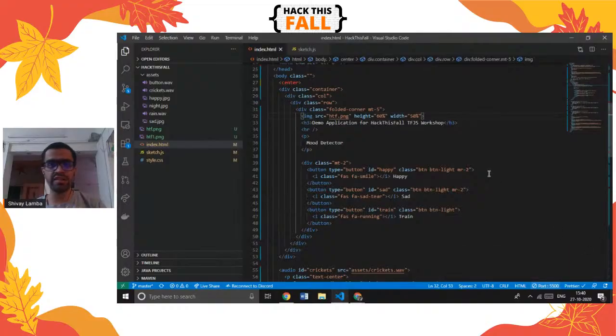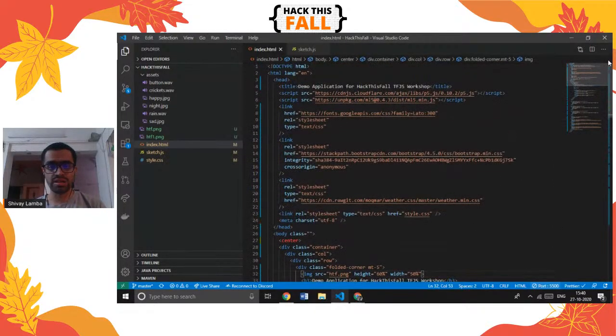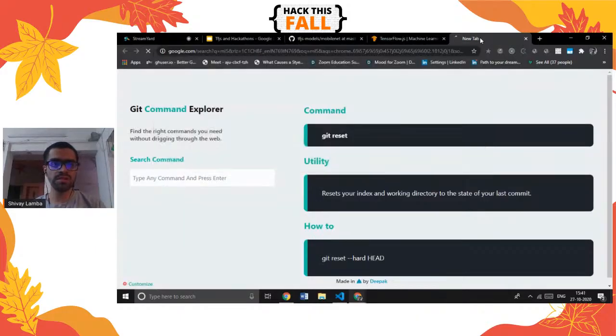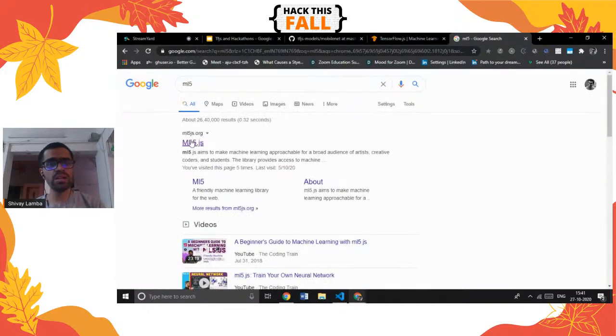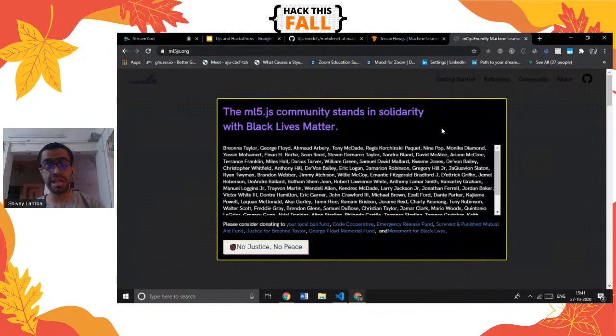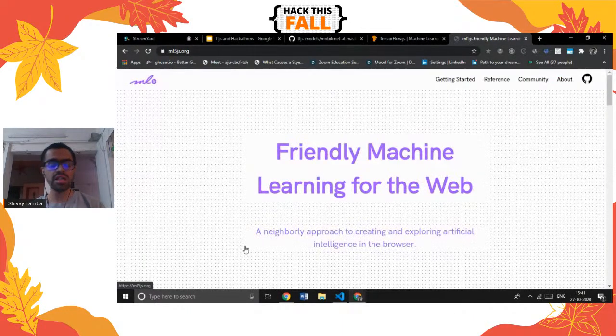So I've created this very simple index.html, and I've also imported p5.js and ml5.js. Just to give you a brief background on ml5.js: for those people who might find it difficult to understand TensorFlow.js itself, which has made machine learning super simple to use,